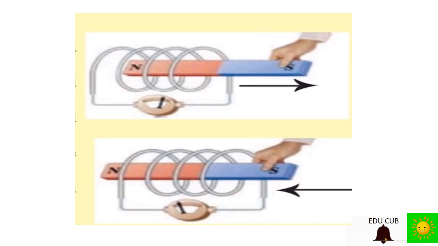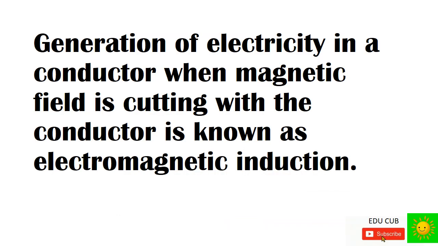Wind the insulated copper wire around the cylinder tube to make the coil. Clean both ends of the coil well and connect them to the galvanometer. Move the end of the bar magnet into and out of the coil. Then observe the indicator of the galvanometer. Like that, you have to do the practical.